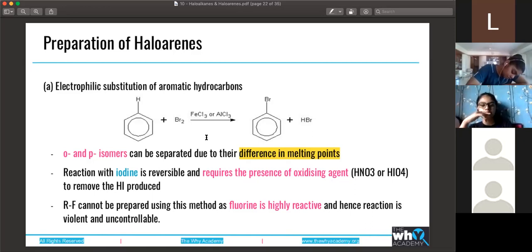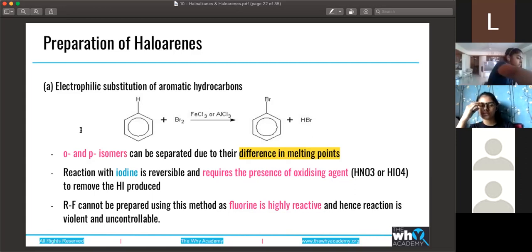What about nitrobenzene? Will you get a meta product or ortho-para? It's a meta directing group. Okay. So those are the kind of twists that you'll get on these kinds of questions. If you already have a halogen that is substituted, like if you take chlorobenzene and you substitute another chlorine atom onto it, then what type of product are you going to get?